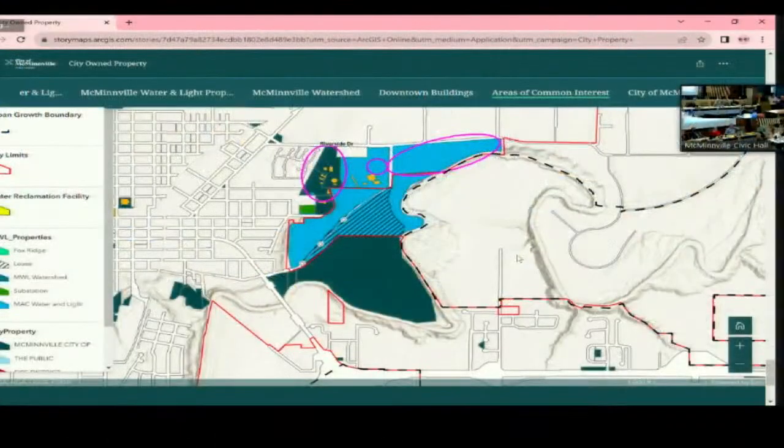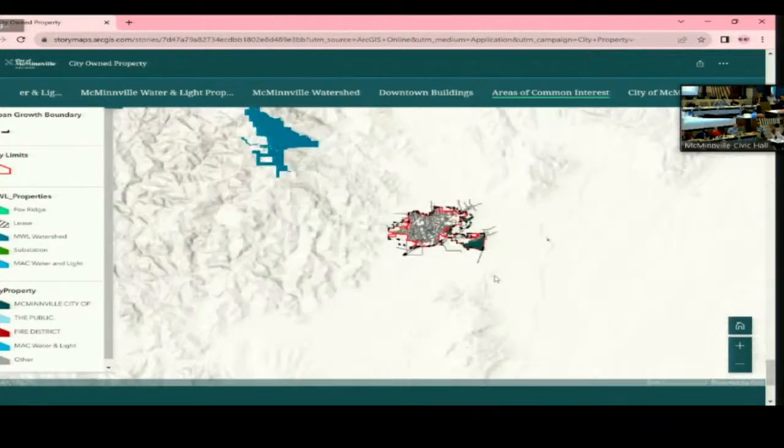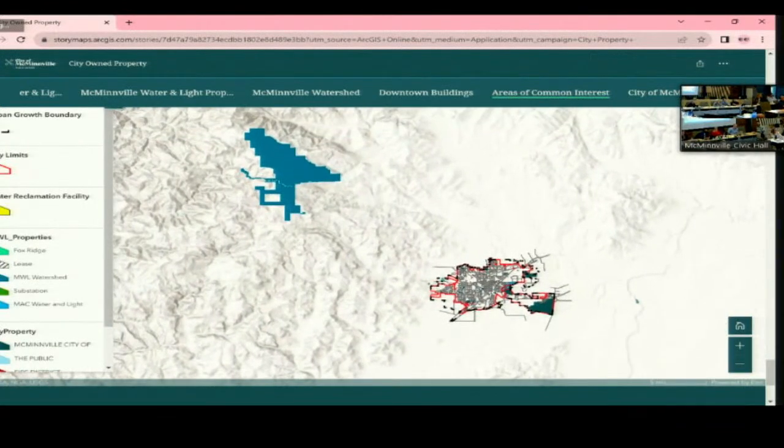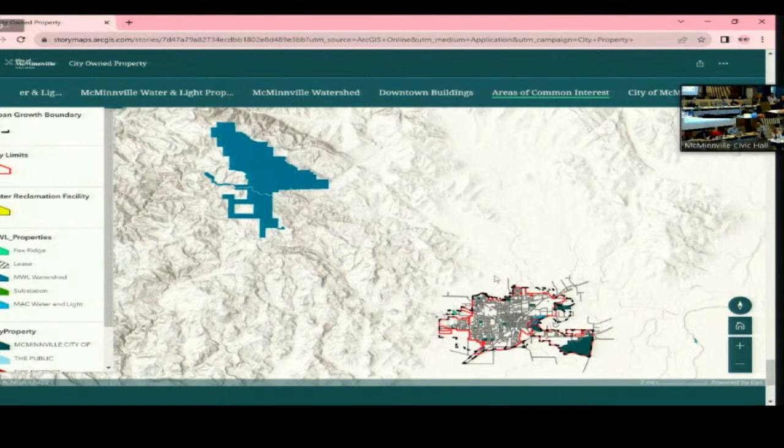I really do appreciate this holistic map that was put together, and especially that it includes the watershed. If you scroll out, I believe most or all councilors have been on the watershed tour at this point. But it's a wonderful opportunity to go up and see our expansive watershed that has been exceptionally well cared for, and that brings us the best water in the state of Oregon on a daily basis. Yeah, so I'd probably comment on that as well.